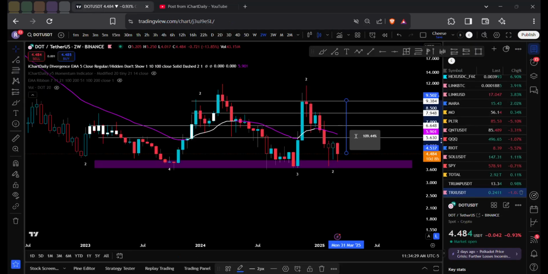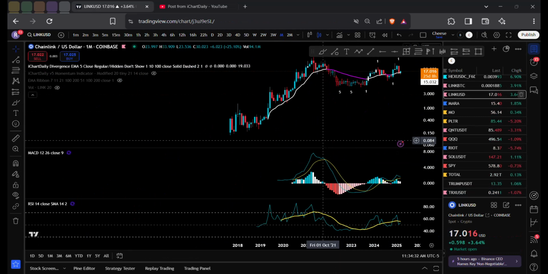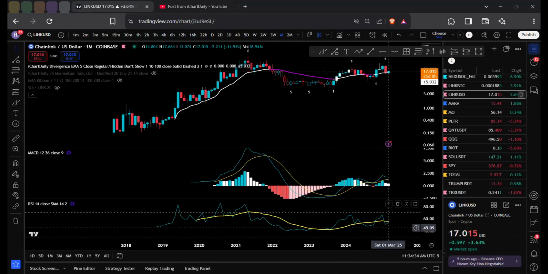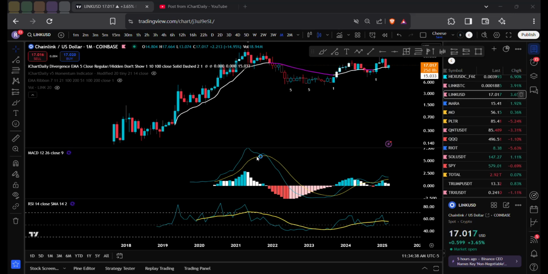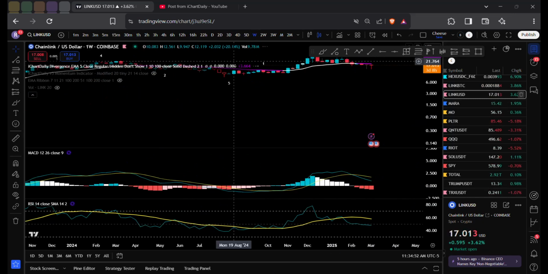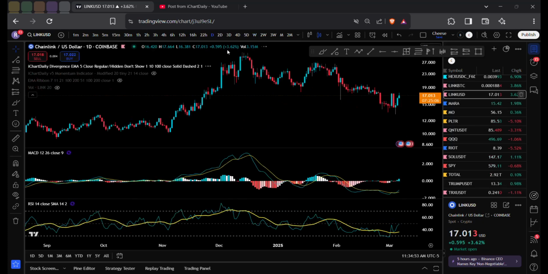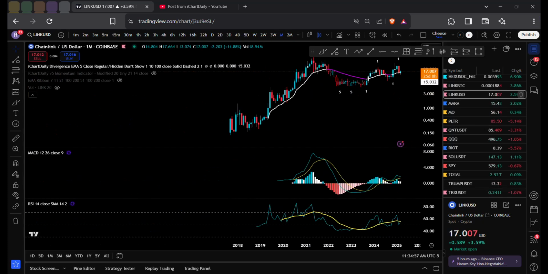Last one, let's look at some LINK, Chainlink, monthly. All right, we are in section A. Is Chainlink on here? I'm curious. The LINK is on here. It says it's bearish and it's bearish. I have to look into that. Is the weekly bearish? Yeah, weekly's bearish, daily's bearish. Okay, so I wanted to make sure here.